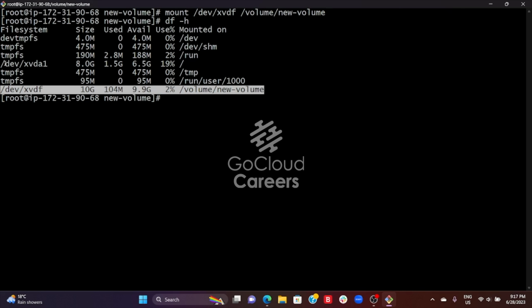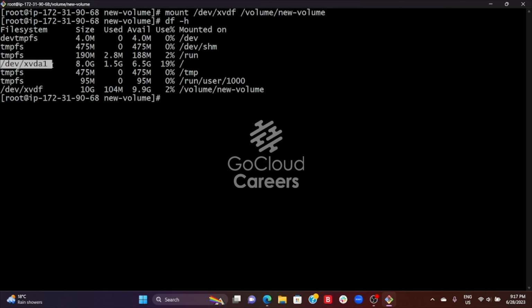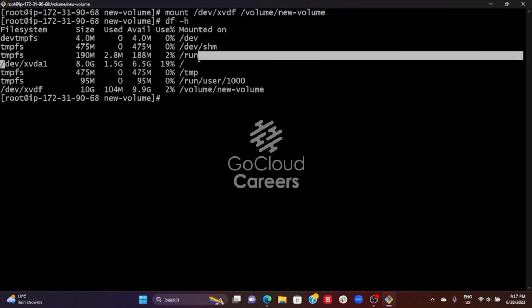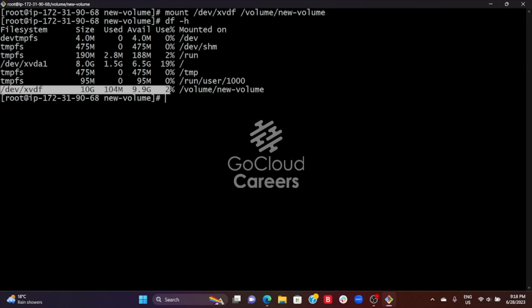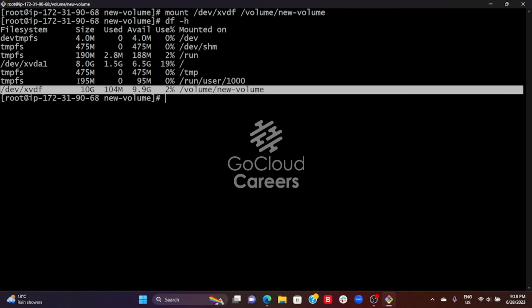If you remember earlier, we were only able to see the /dev/xvda disk, which is the first volume we created when creating our instance. But now we have the second volume which we created, which is 10 gigabytes, which has been mounted onto our